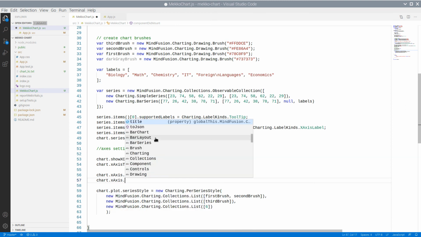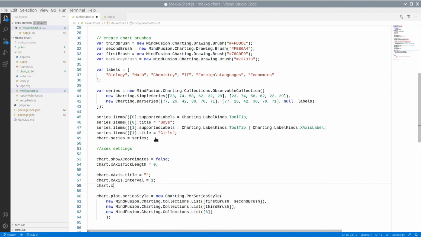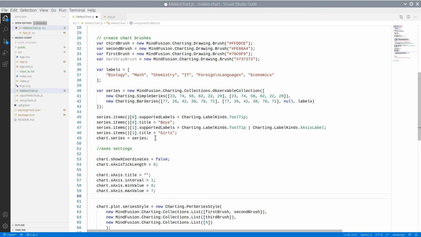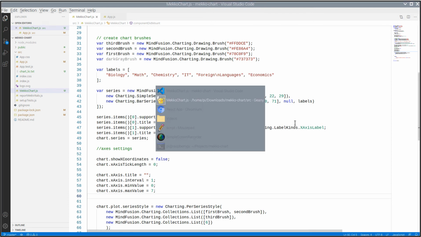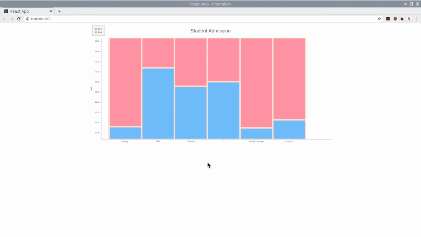Its interval is 1. The min value is 0 and the max value is 7. Here is how the x-axis looks now.